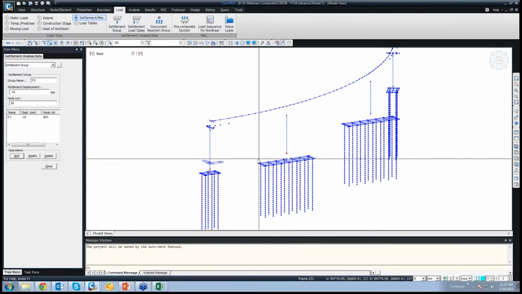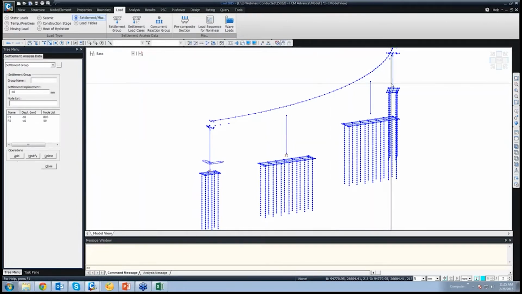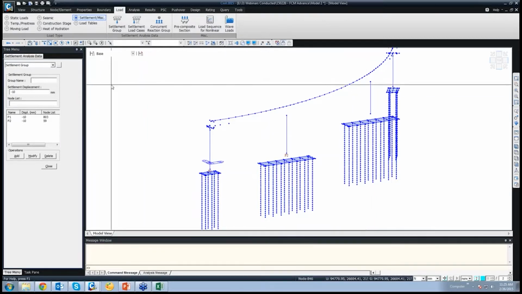Select the second node. The settlement is already minus 10 mm. Say add. And similarly for the third group, first I'll write the name, P4, node list and add. Okay, so these 3 nodes have been added for settlement.